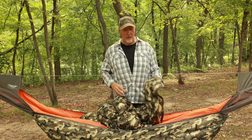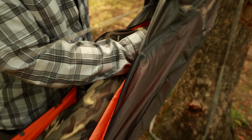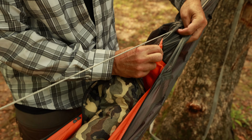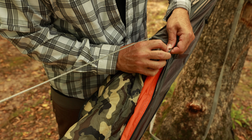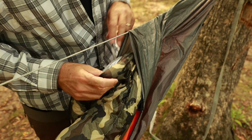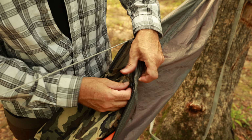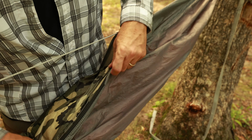Now this is great for those cold nights, or if you want to go winter camping, you attach it on the same zipper system that you use for the bug net. You go to the foot end, lift up that fabric, find the zipper, zip in that side, then you zip in the other side, take the two ends and zip it down. The Cocoon only zips halfway, and either you can lay it over you, the other half at the head end,